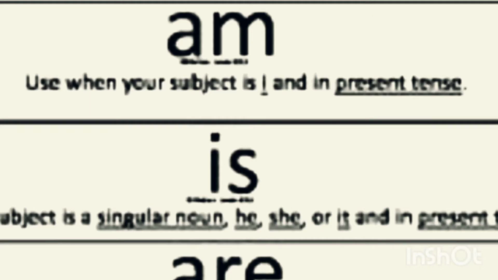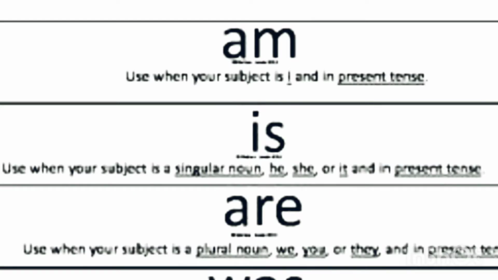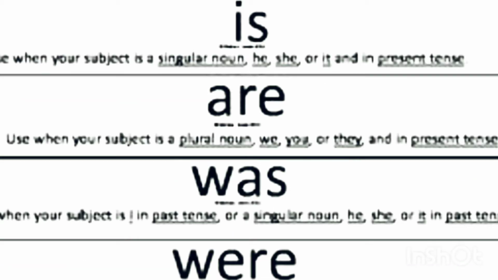Now let's see the different uses of the helping verbs. Now we use am. When do we use it? We use am only when the subject is I, that is in present tense. With I we always use am. We use is when the subject is a singular noun and use it with he, she or it in the present tense. We also use are when the subject is a plural noun like we, you or they and